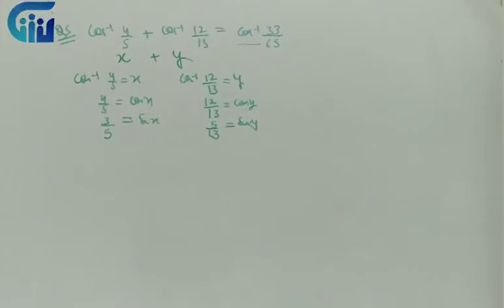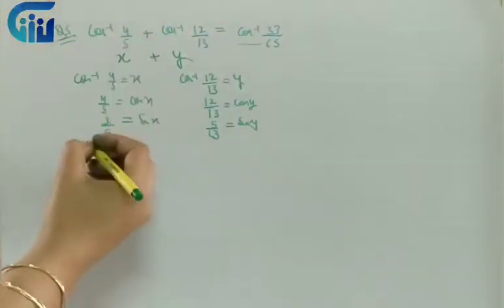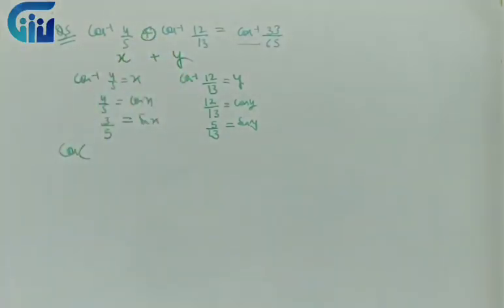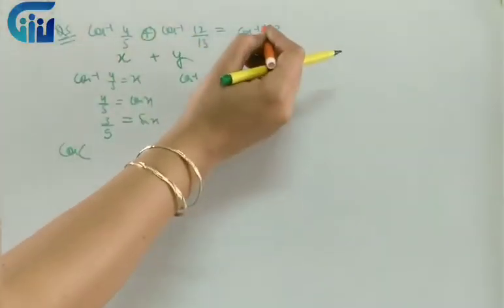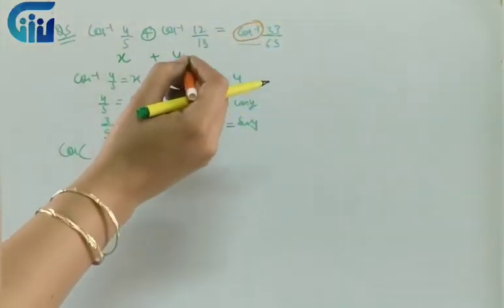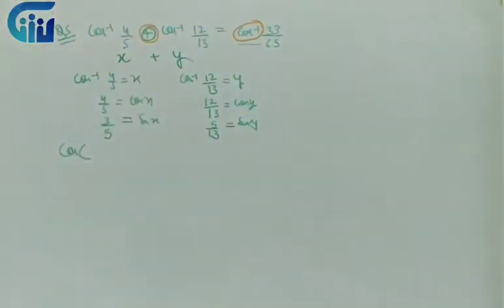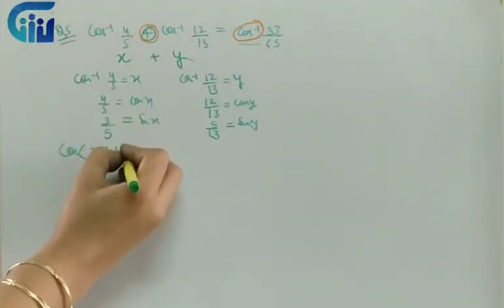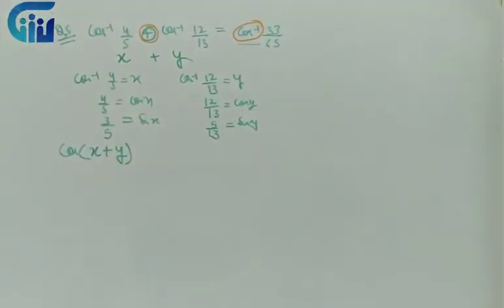Yes. So if I apply Pythagorean triplet, this is how it will be written. Now what we will do, if we have cos over here and a plus sign here, what you have to see is that with this over here and this plus over here, we have to apply the formula of cos x plus y that we did in class 11. Had it been minus over here, I would have applied the formula of cos x minus y. Had it been sin inverse over here, I would have applied the formula of sin x plus y.